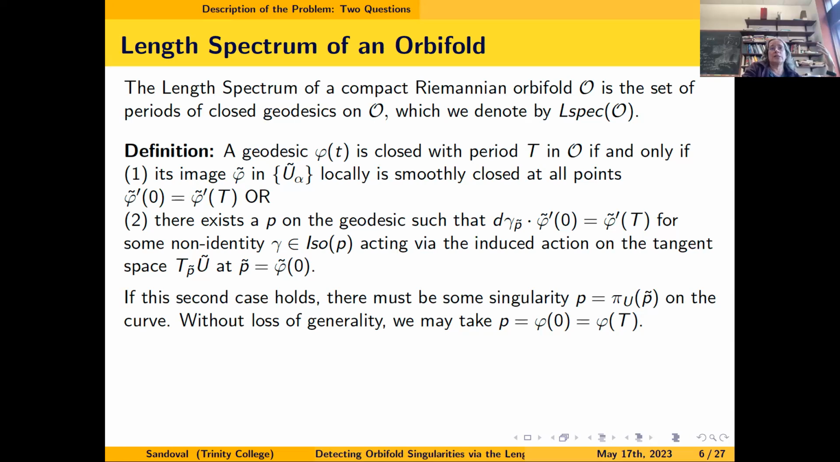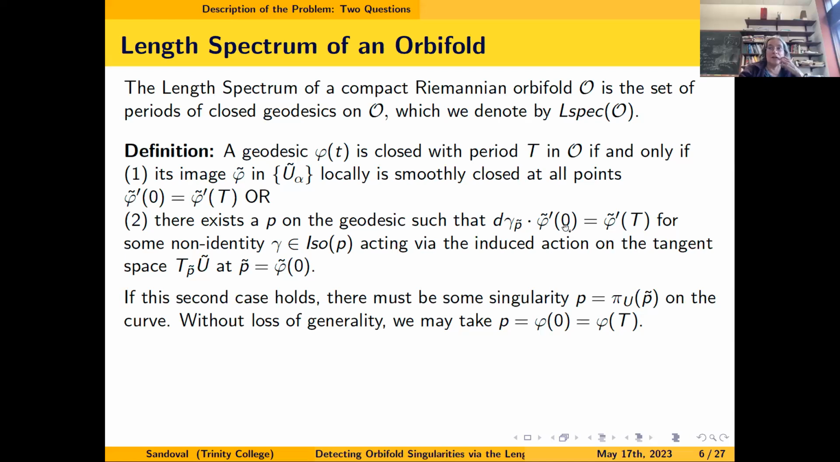But we could also have some geodesics of a second type that arise because they get closed up by isotropy. If the geodesic passes through some singularity, it's possible that it's closed simply because of that isotropy and not because it would have been closed anyway. So in that case, we say there exists a P on the geodesic such that dγ_P tilde corrects